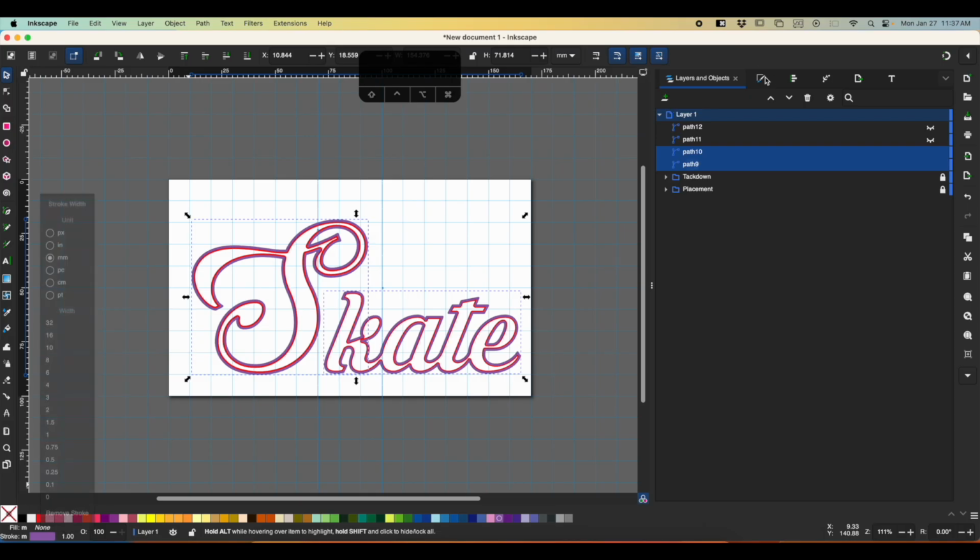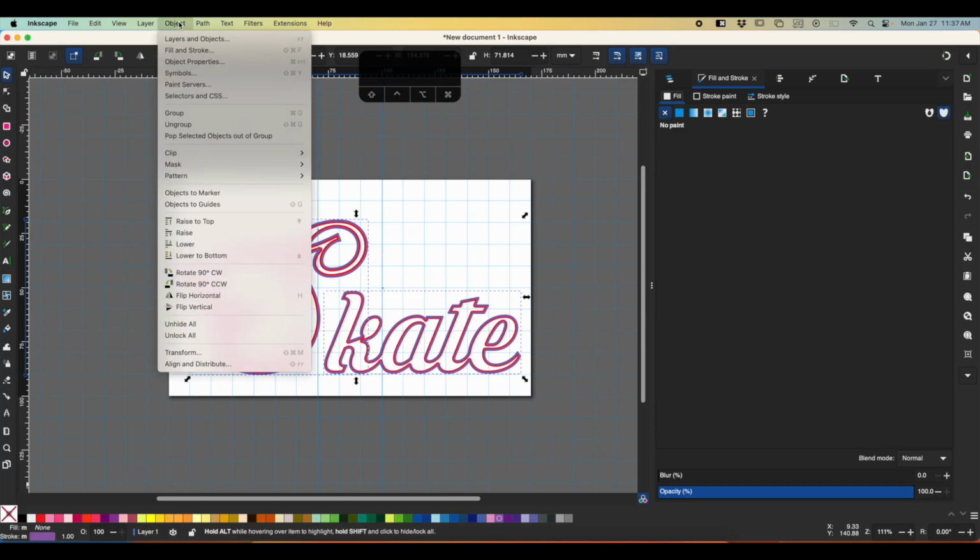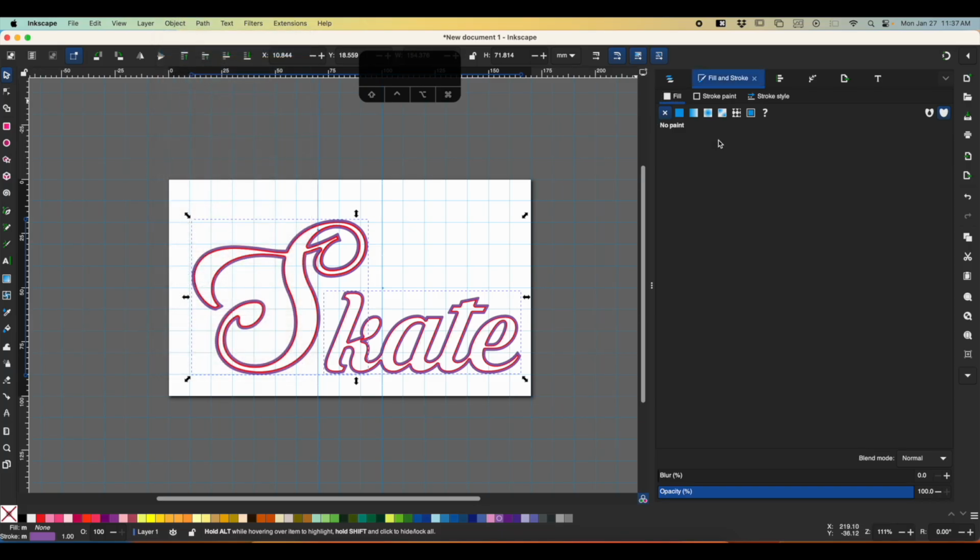So you want to go to your Fill and Stroke menu, which is right here, and if you can't see it, you can go to Object, Fill and Stroke, and then you want to go to your stroke style, and here you can change your width to whatever you want it to be. So I'm going to go 2.5 millimeter,